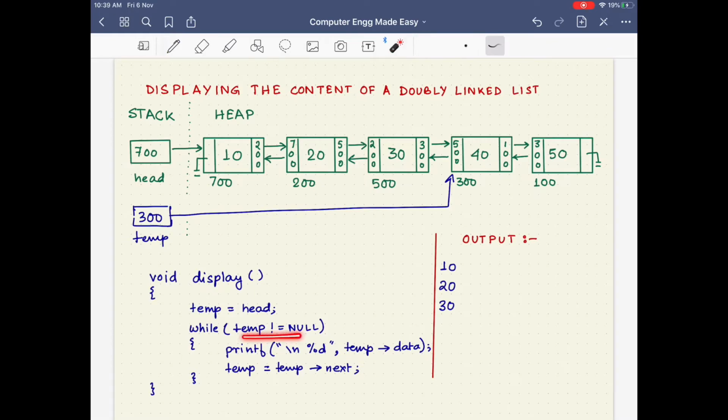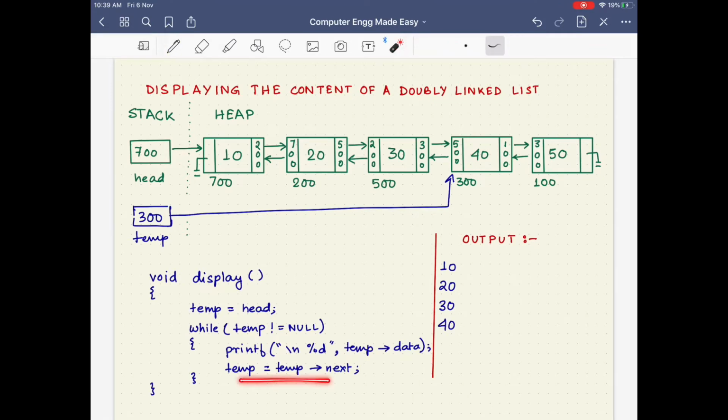After this, again we check if temp is not equal to null. We find that temp is still not equal to null, so the condition here is true. Therefore, we enter the while loop and we again display the content of temp arrow data. Temp arrow data is 40 now, so 40 gets displayed in the output.